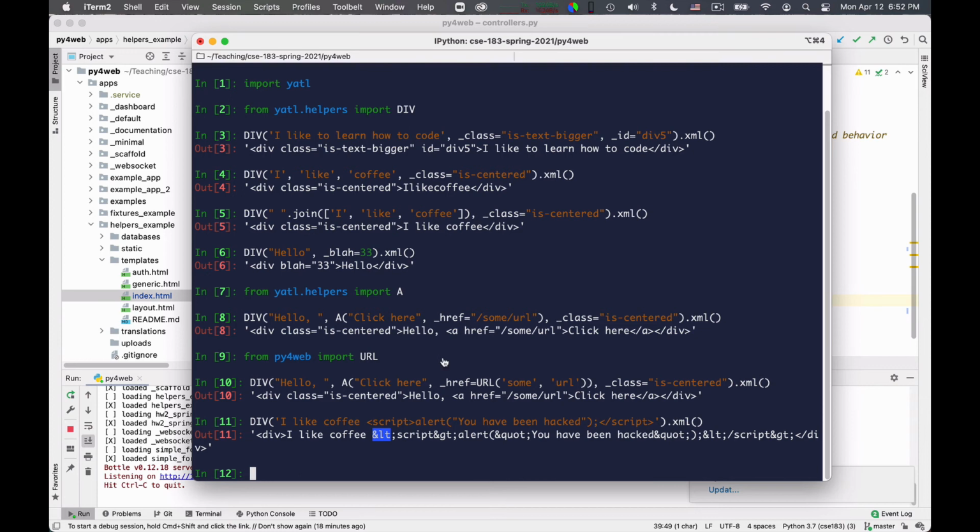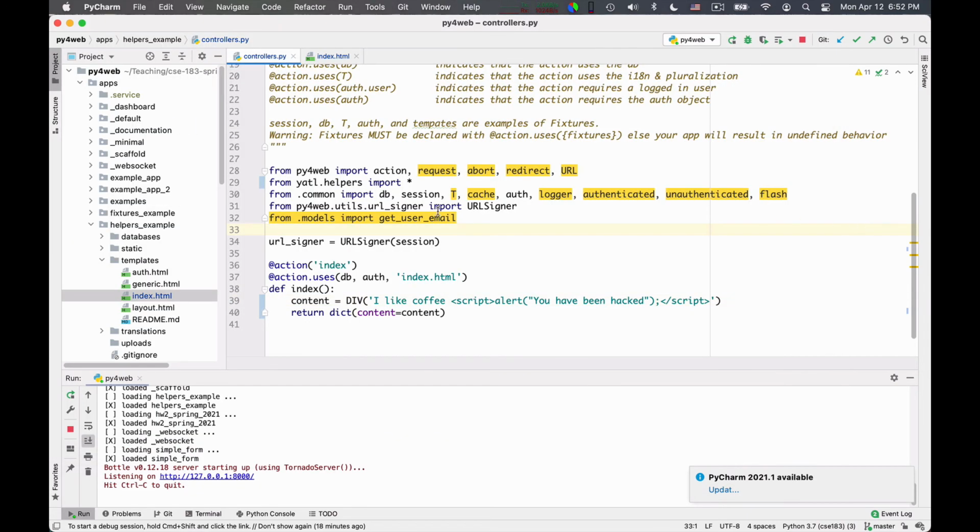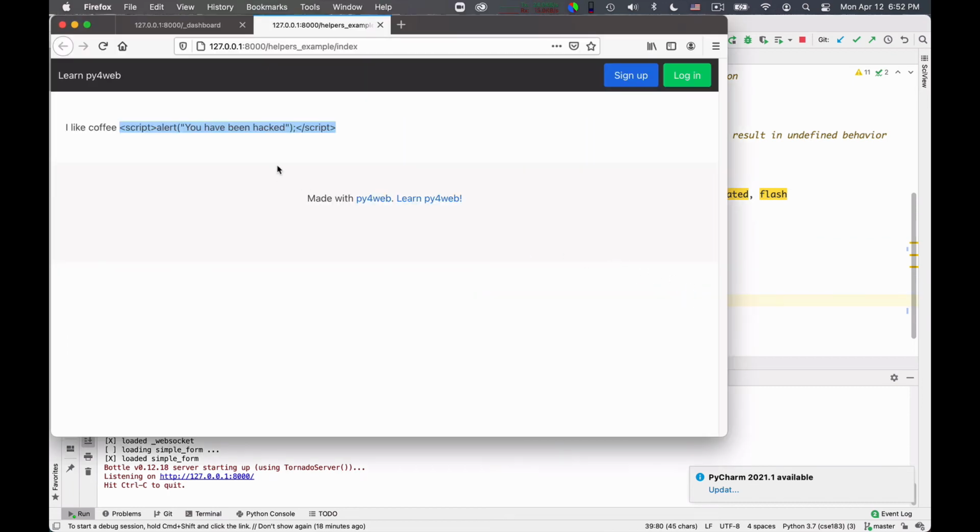in such a way that the effect visually is exactly the same. Here the string you see is exactly what you would expect, right? This string looks like this string. But even though these two strings look the same, they're not the same. This string has been encoded in such a way that it displays correctly, but it does not affect in any way the rendering of the web page.